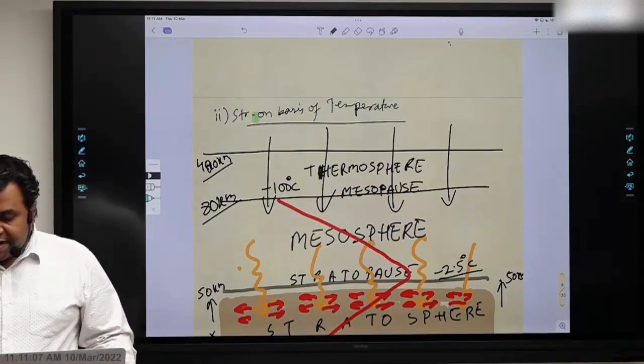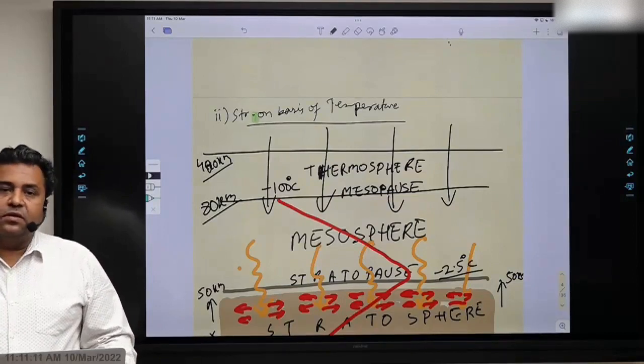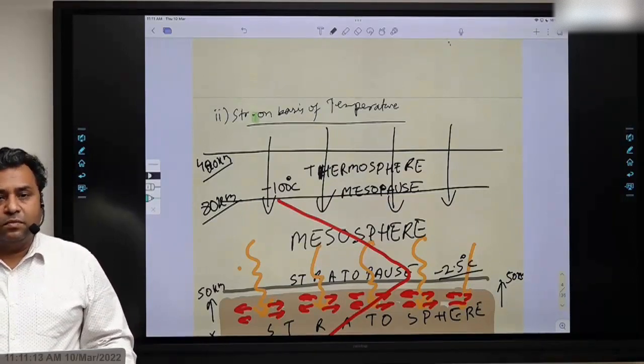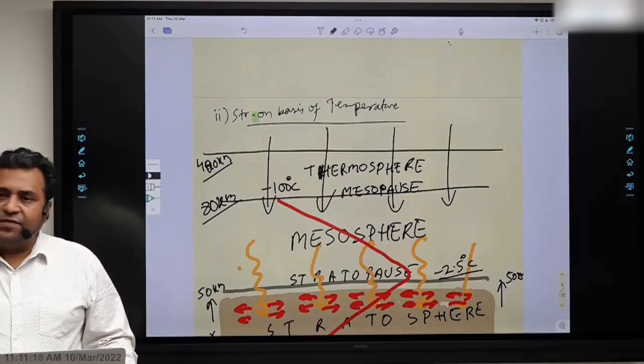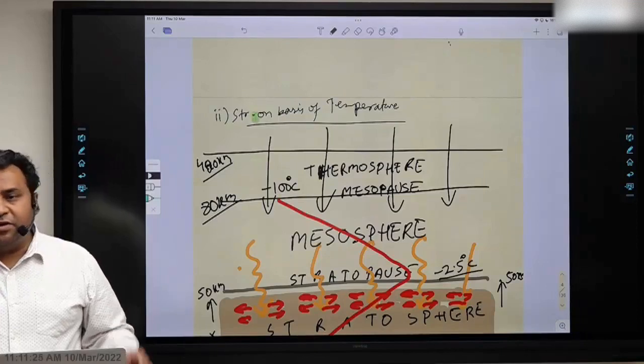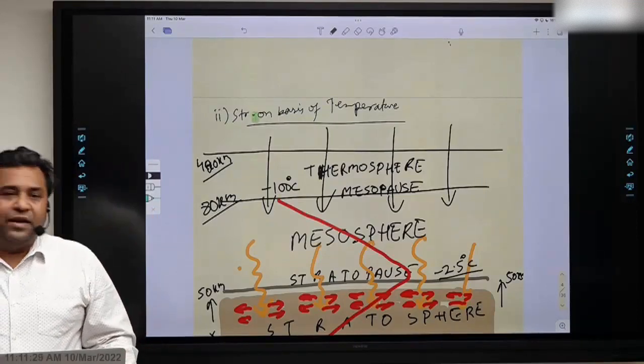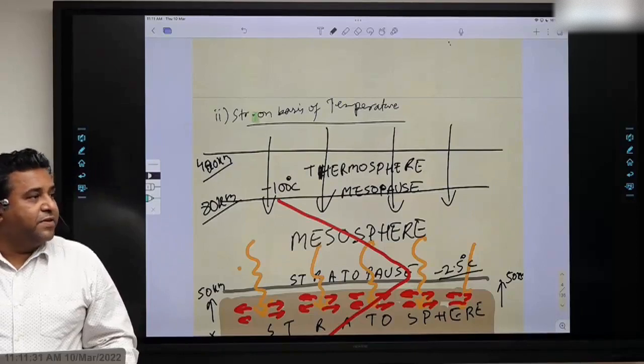Now, what is the characteristic of thermosphere? In the thermosphere, there are very few particles of gas, because you are coming into space now. As per the Karman line, you are mostly in space. Just the lower 20 kilometers is atmosphere, and beyond that you are in space, which means the particles are very less, right? And because of this, the region also has very high temperature.